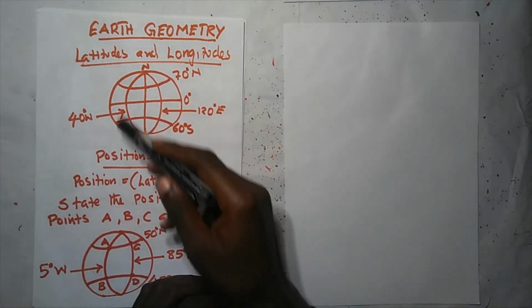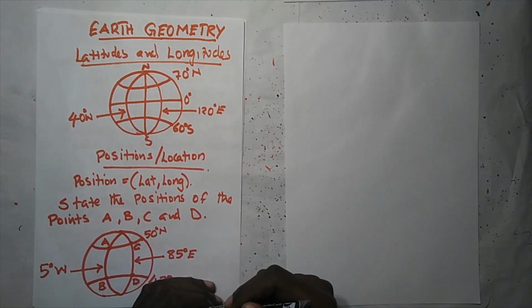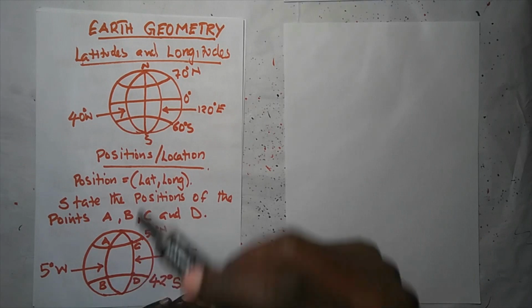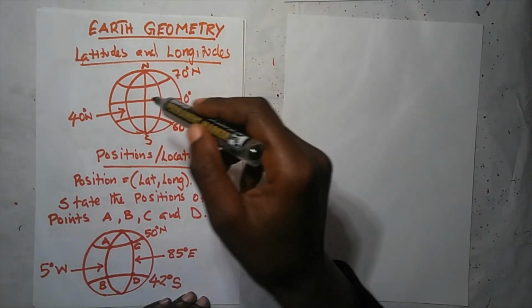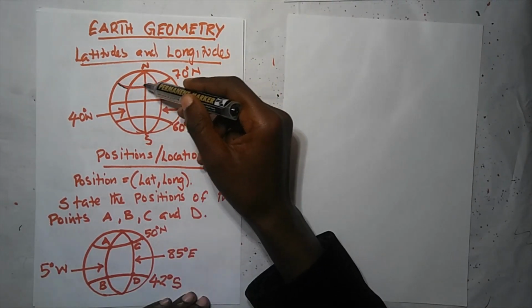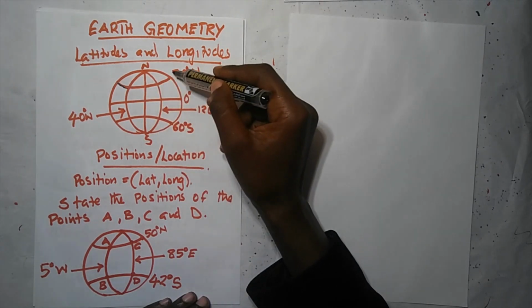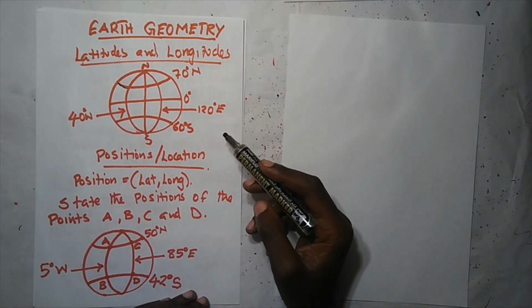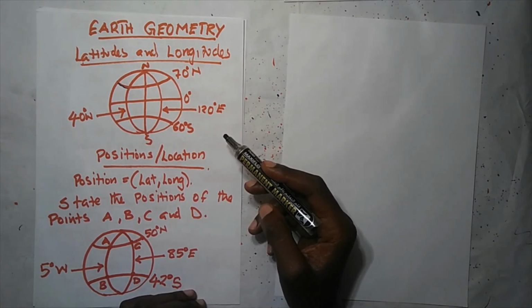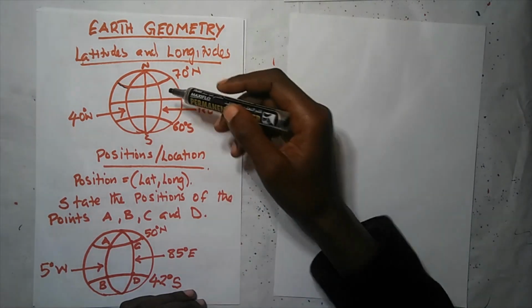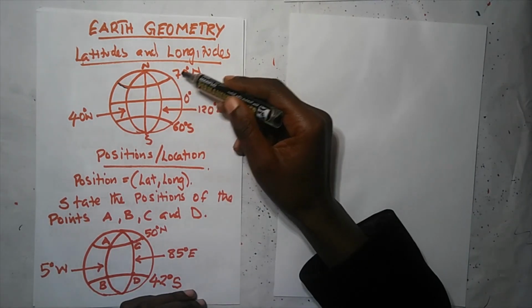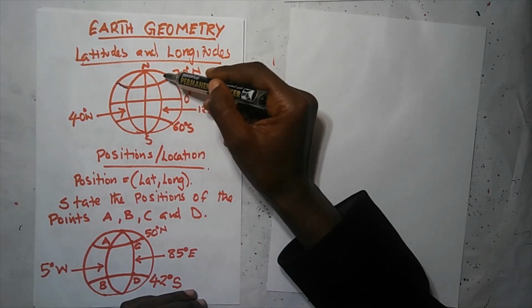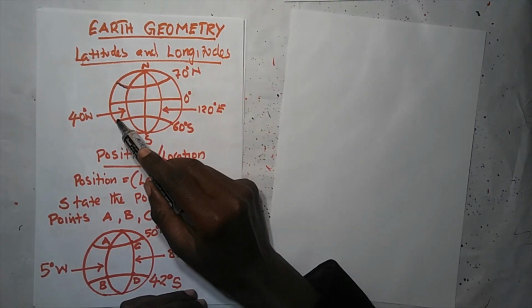So here is a sketch of the surface of the Earth, and we are looking at latitudes here. Latitudes are these circles that run from east to west, and we use north and south to show their direction. So here we have 70 degrees north in our diagram. This is a latitude, this one which starts from here coming this way, and then we also have 60 degrees